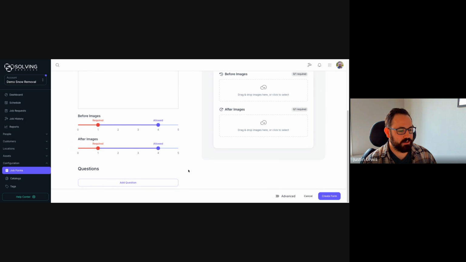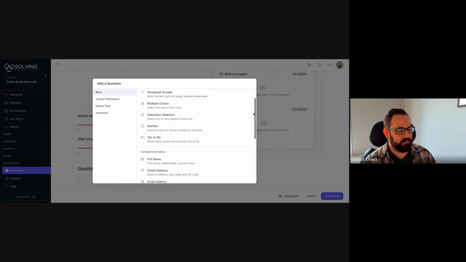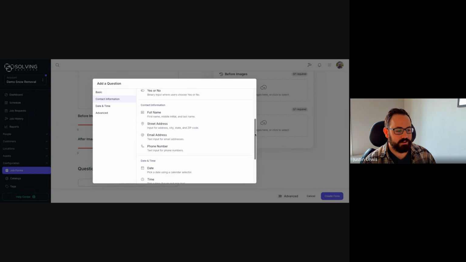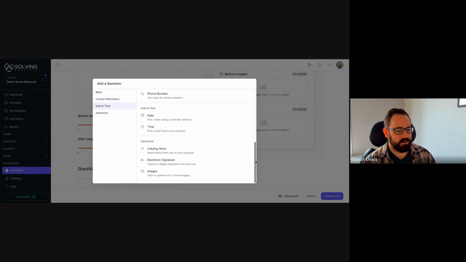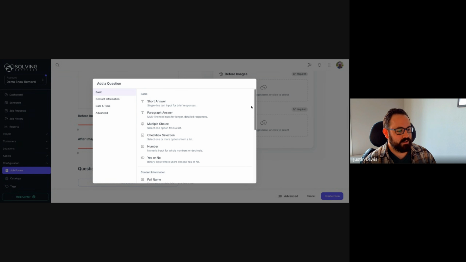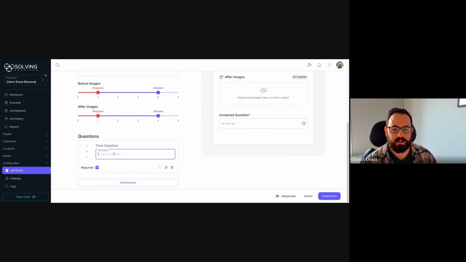Below that, we can see our questions. Right now, since this was a blank template, it doesn't have any questions. So we'll go ahead and start to add questions for our first snow removal form. When you click this, it'll show you all of the available question types. We've got basic questions like short answer and numbers and yes or no questions. Contact information, where you can gather things like address or email, date and time, and then more advanced questions down at the bottom. So we'll start with a time question, and we'll just say